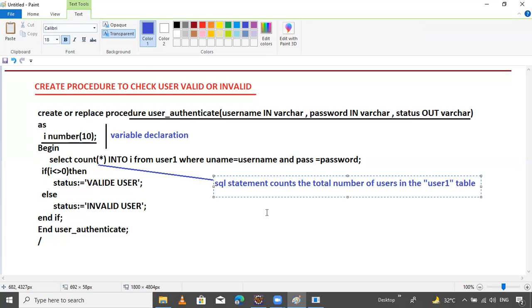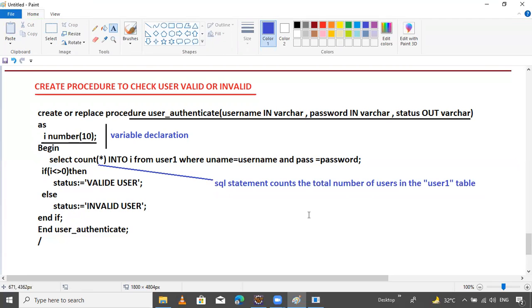That's it; only this statement's work is this. This will count how many users there are in the user one table. Then it will store the record inside I. Then it's my responsibility to check I.